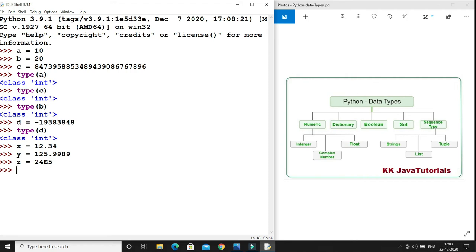And if you print the value, let's say I print x, whatever value we have assigned gets printed, 12.34. Similarly you can print the values of y and z as well.